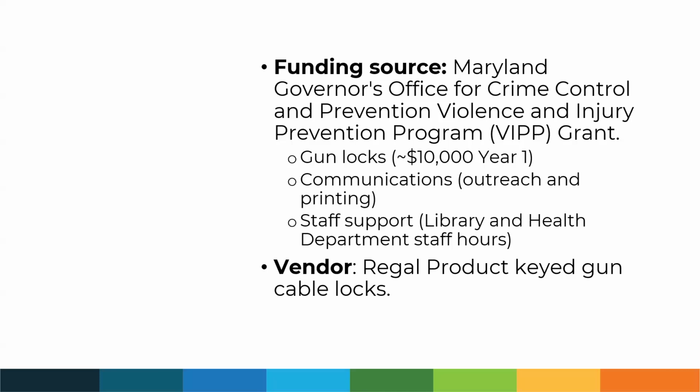I think we had systems in place, and we were fortunate that we had partnered with one another throughout the pandemic. The library was giving out at-home test kits and masks and other supplies provided by the health department. So we'd also figured out how do we distribute items to the libraries? How do the library systems let us know when they're out of something? So we had some of that infrastructure kind of already in place.